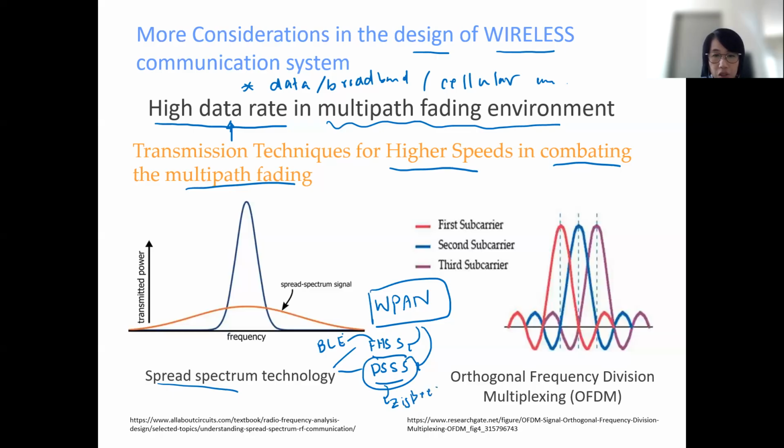So you see these two belong to the WPAN standard. And of course, not only modulation techniques are used, but also spread spectrum. And you may categorize this in the low rate, because this is an IoT application,